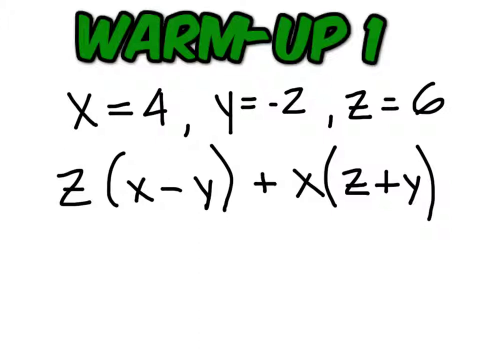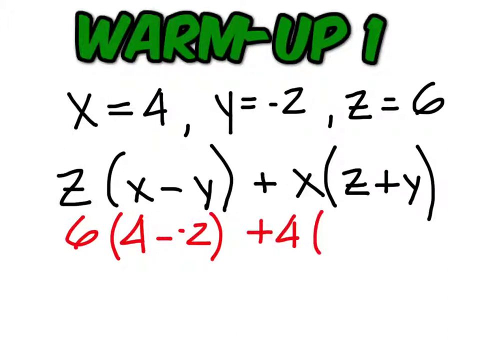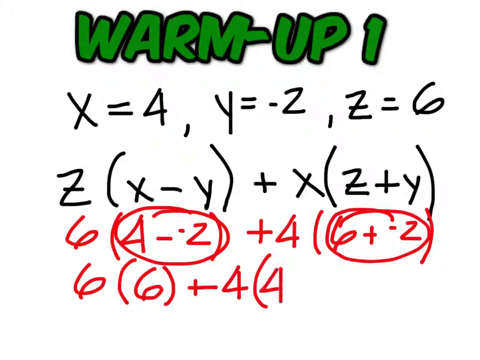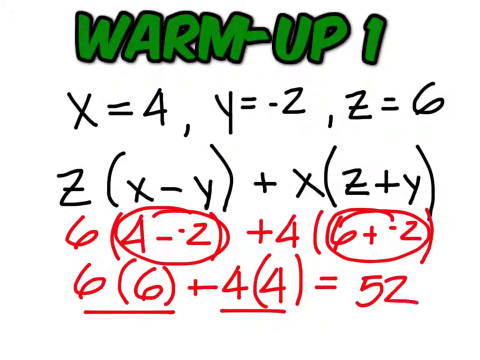You should have 6 times the quantity 4 minus a negative 2, and then plus 4 times the quantity 6 plus a negative 2. So it's going to be 6 times 6 plus 4 times 4. 36 and 16 would be 52. What I did was